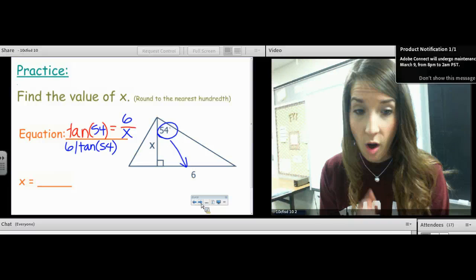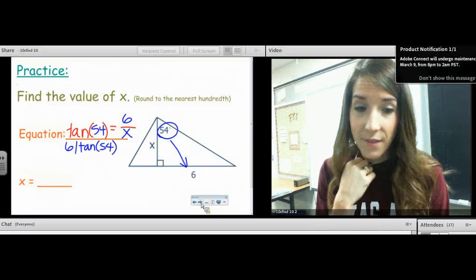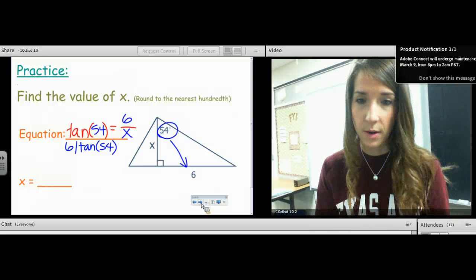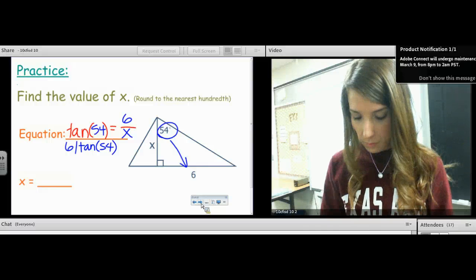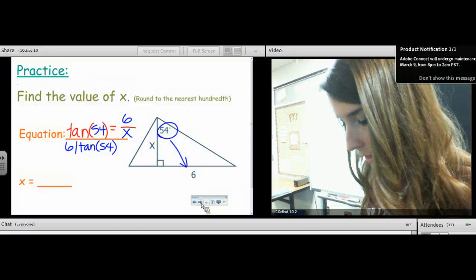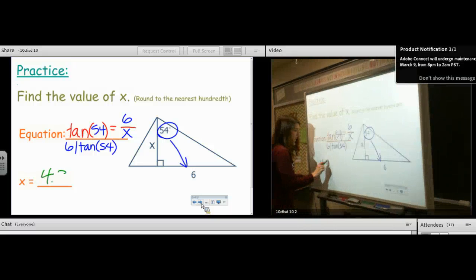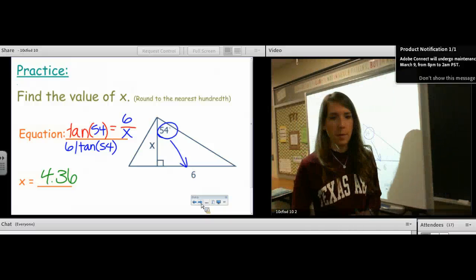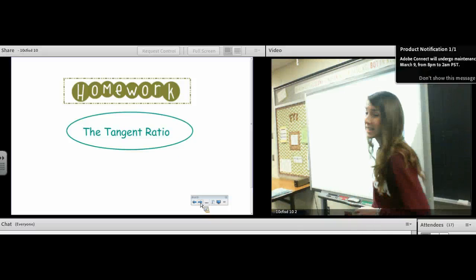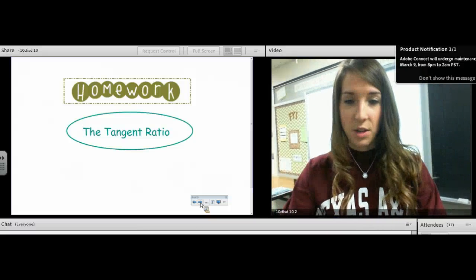I'm not going to say always, Jenny, because you have to read the directions, but for the most part, we're going to be pretty consistent about that. Yes, for the most part. 6 divided by tan 54, 4.36. Y'all know how to round? The 9 tells the 5 to bump up. Very good. Very good. That's actually all for today because that was a lot of stuff. And tomorrow